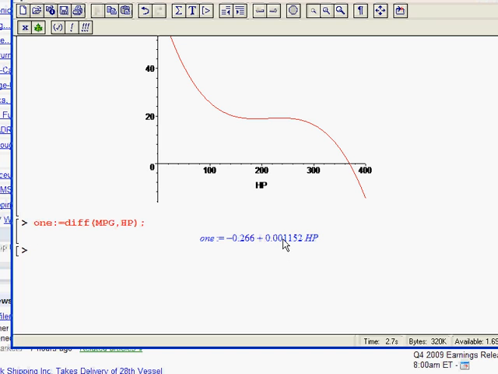Minus 0.266 plus 0.1152. It tells me that the slope for a 100 horsepower car is going to be 0.1508. What does that mean? Well, what that means is if you're in the range of about a 100 horsepower car,